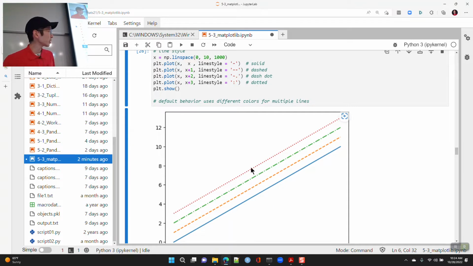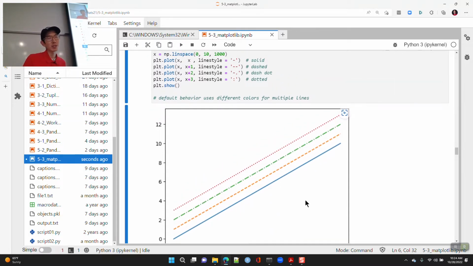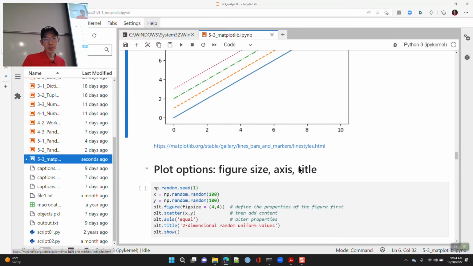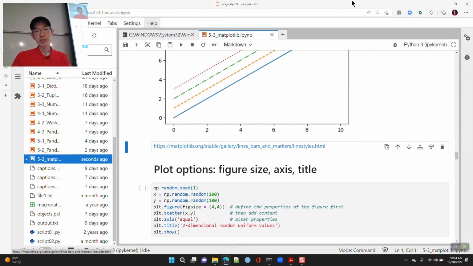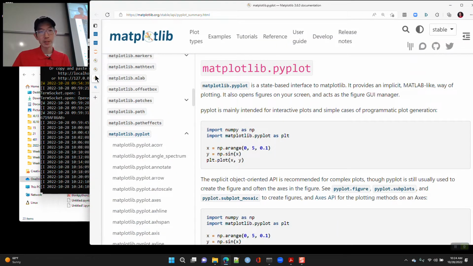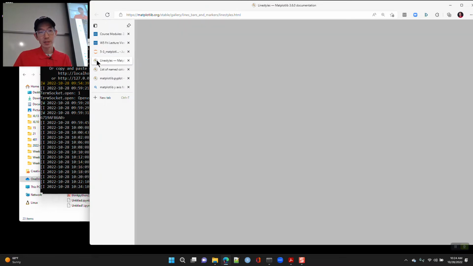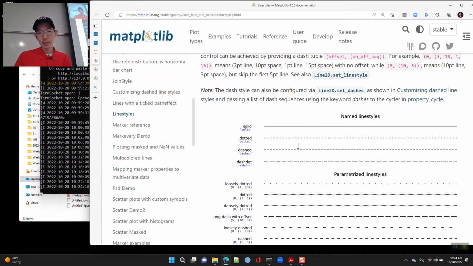But you can see these are actually different line styles, and even if all the lines were black and white, like if you were to print this out, I think you would be able to differentiate between these different lines, okay? I think we only have four different lines though. Line styles, let me see. Are there more than four?